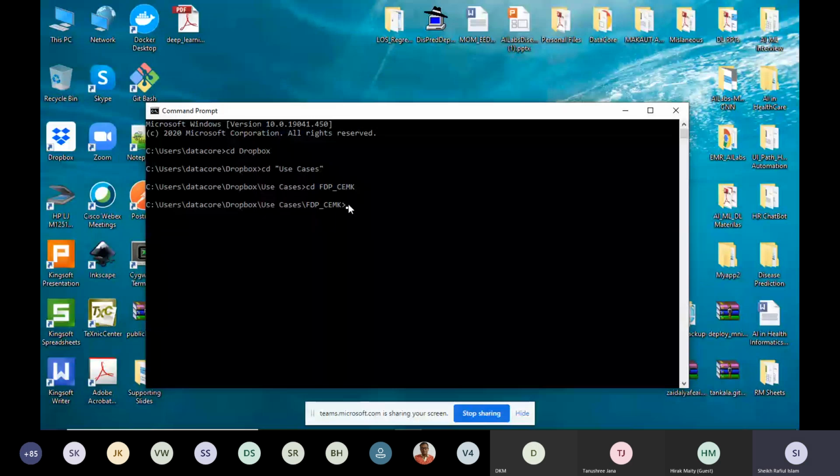Now just execute this command, jupyter notebook. Why are we using Jupyter Notebook? It is interactive and very popular.